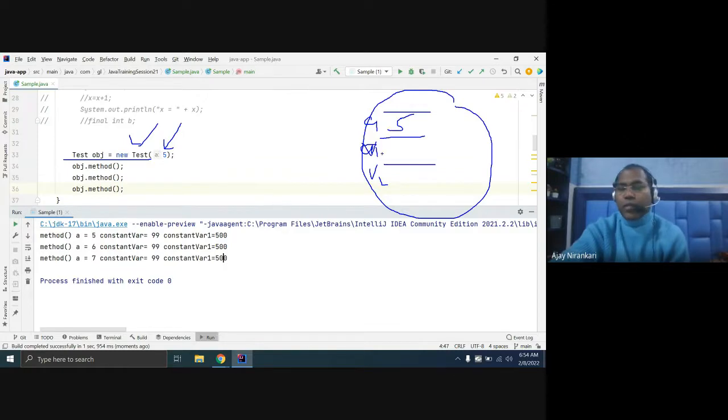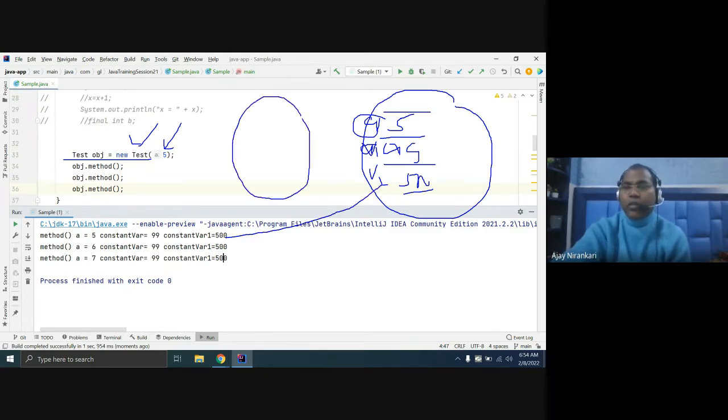Here you can say the second variable we hard coded 99. And the second constant variable you can declare like 5, whatever the a value multiplied by 100, so this is 500. Once this 500 is in place, it is always 500, never going to change. If you create another object, this is our own 99, own constant variable. This object cannot change its value. This object has its own two constant variables, right?